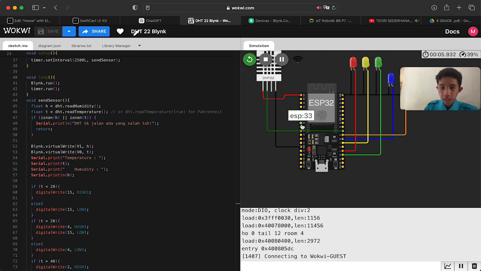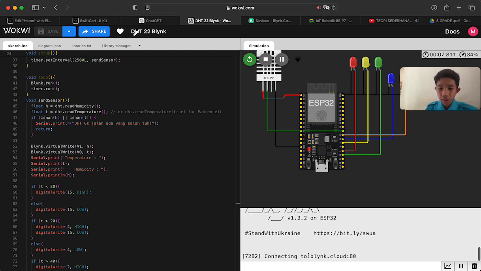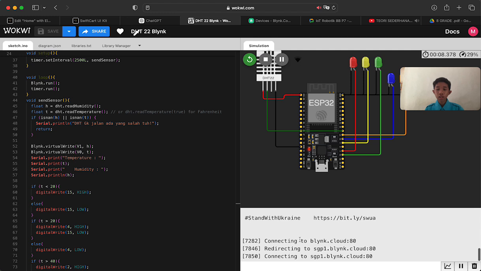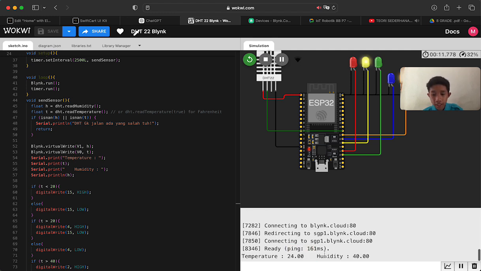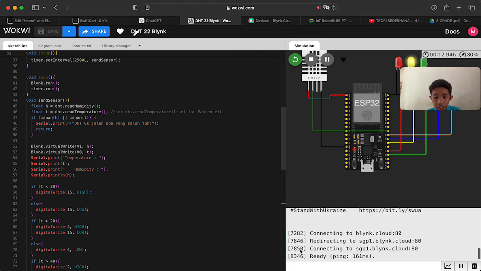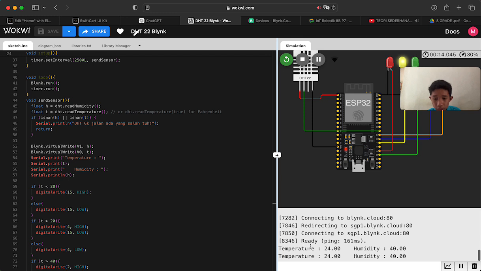Okay, and wait, we will continue connecting to the console also with Blynk, and this means it's ready, and you can see the Wi-Fi health. And now there is the data. Okay, for the temperature, wait, the temperature is 24 and humidity is 40.